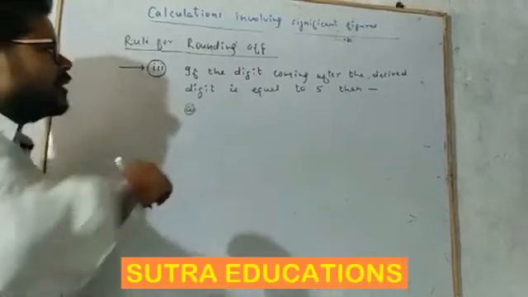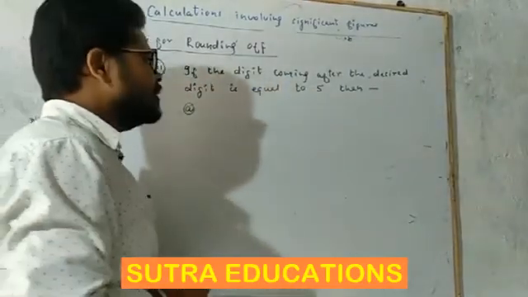Getting the statement, if the digit coming after the desired digit is equal to 5, then